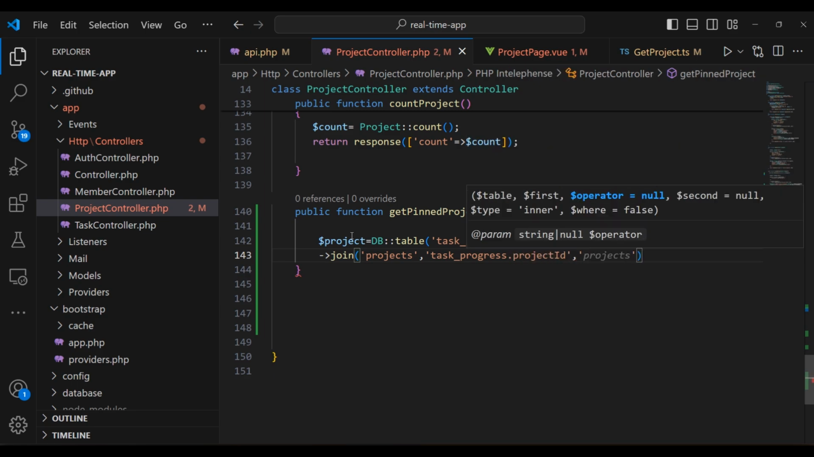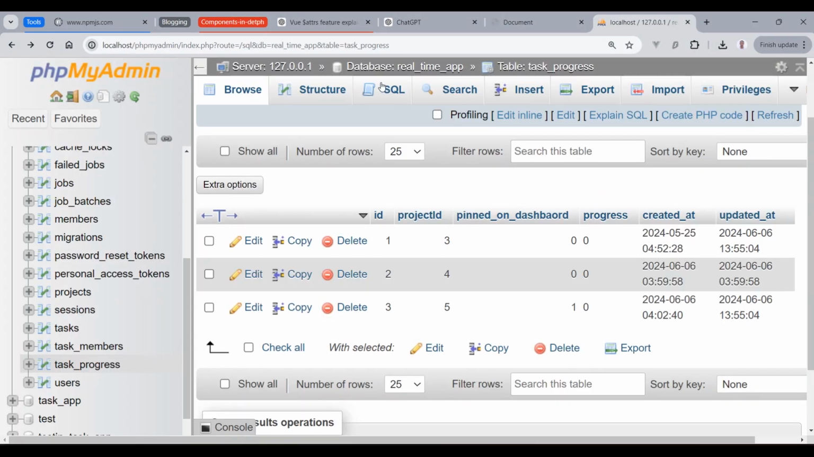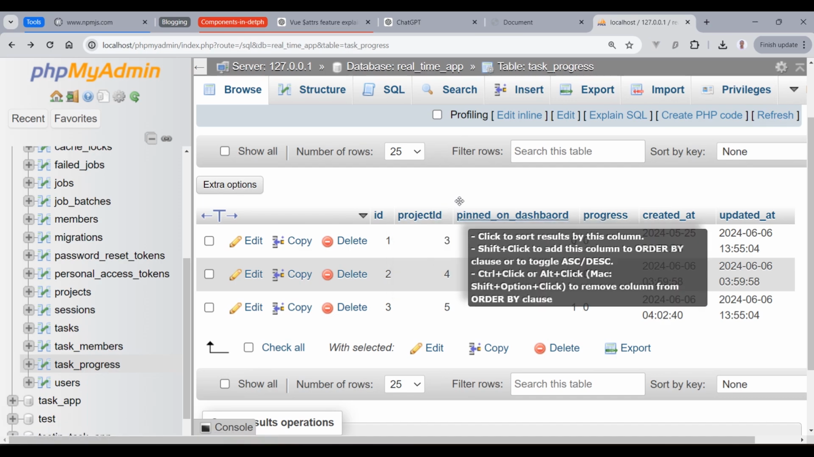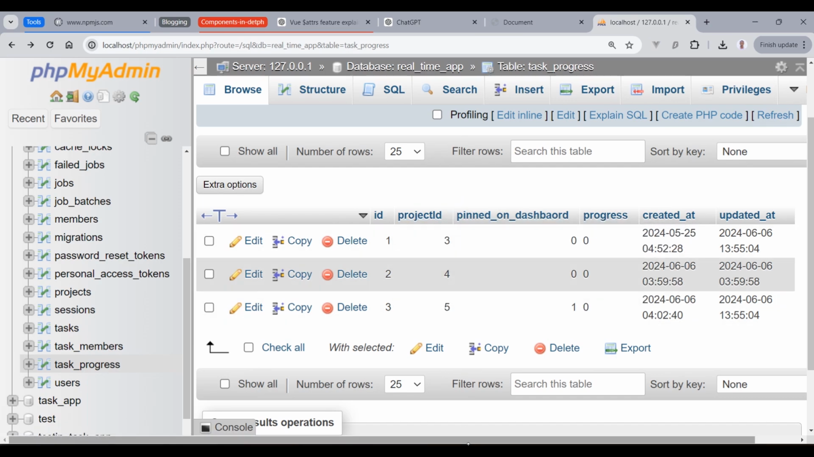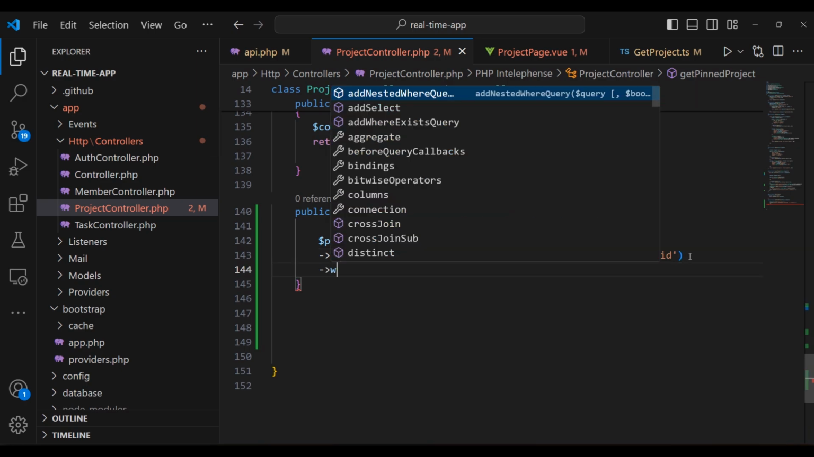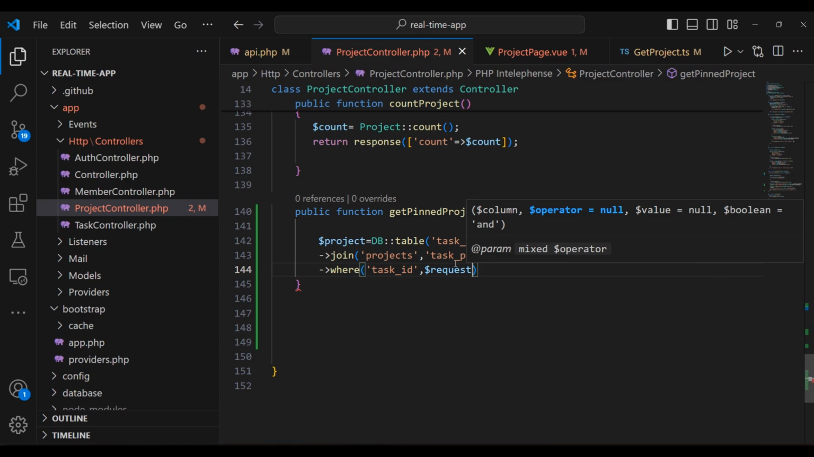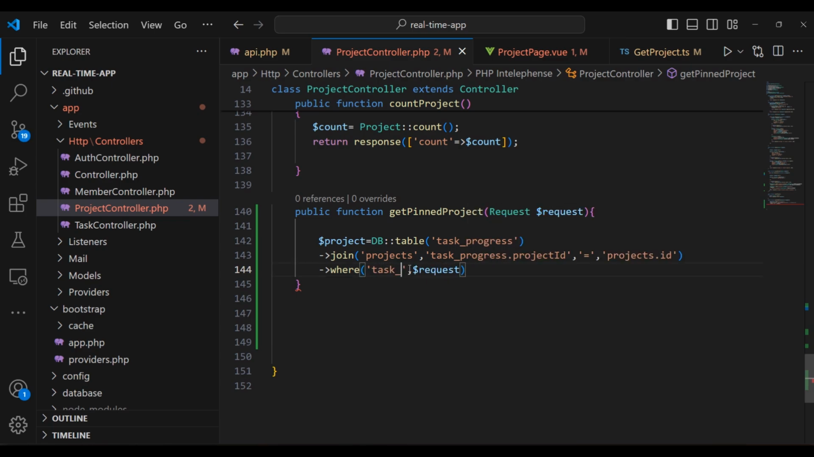Do this is equal to the project's .id like this. If you take a look within our phpMyAdmin on the task progress, we got a foreign key project ID, and we use this column in order to get the project's name. And we're gonna pass here task progress like this, and then we're gonna use a